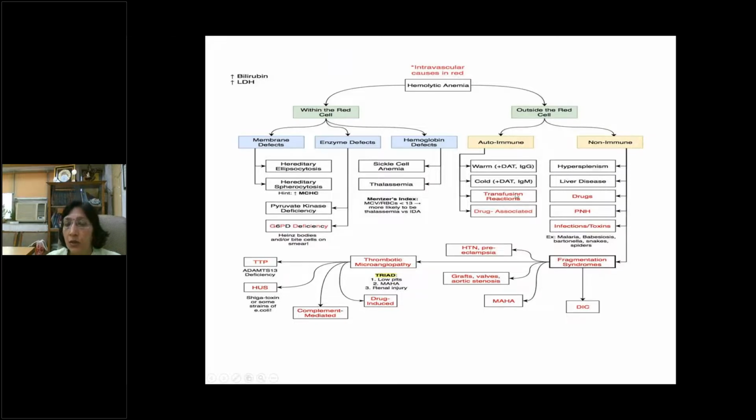Now this is basically the main part. I will spend 3 to 4 minutes over here, and my lecture will be finished in another 10 minutes, so please don't go. Whenever you see a case of hemolytic anemia, how will you diagnose it? Hemolytic anemia means destruction of RBC, shortened lifespan, meaning anemia, and release of the heme part into the body, increasing serum bilirubin. The body will react to this anemia with increased LDH, a compensatory mechanism.